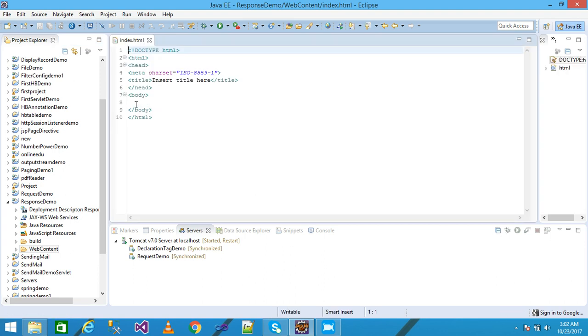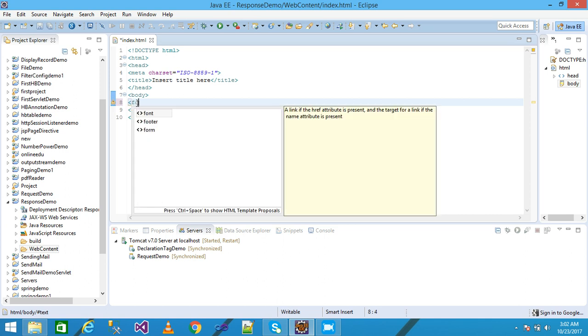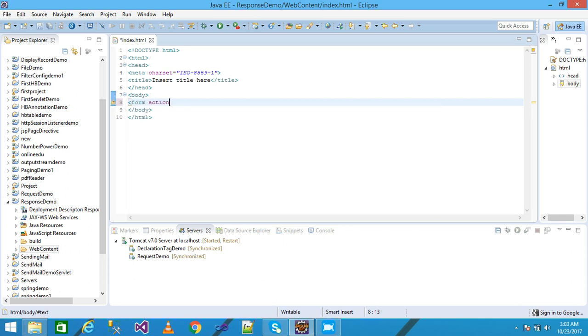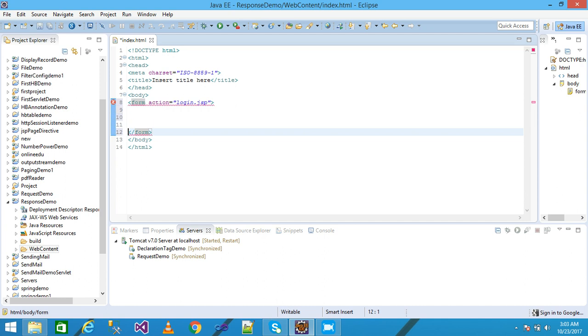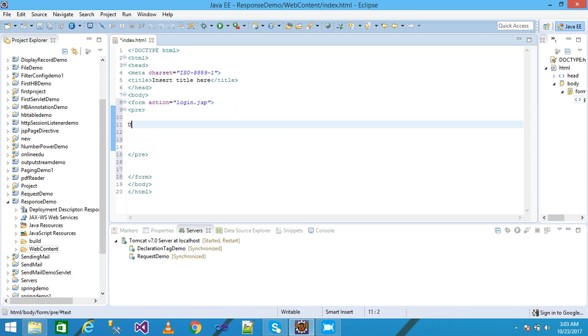My index.html file is created here, and I am using the form tag with action equal to login.jsp and close it, and here I am using the pre tag and write here user ID and